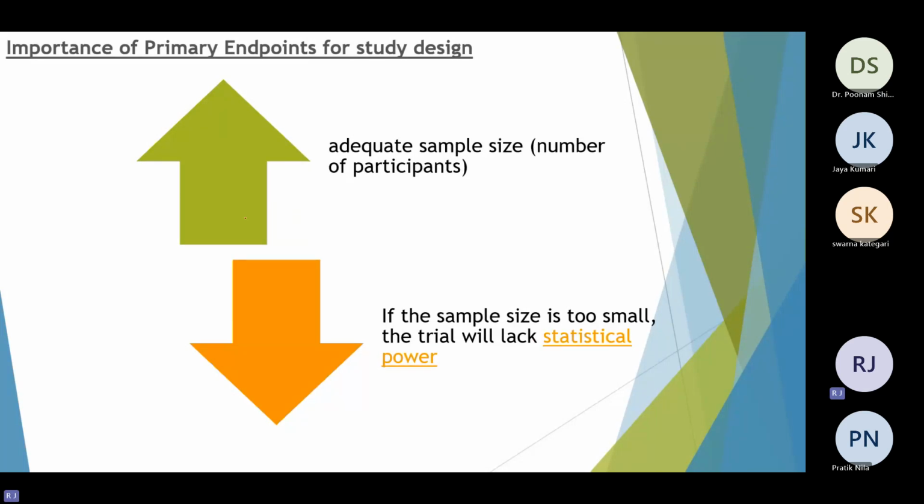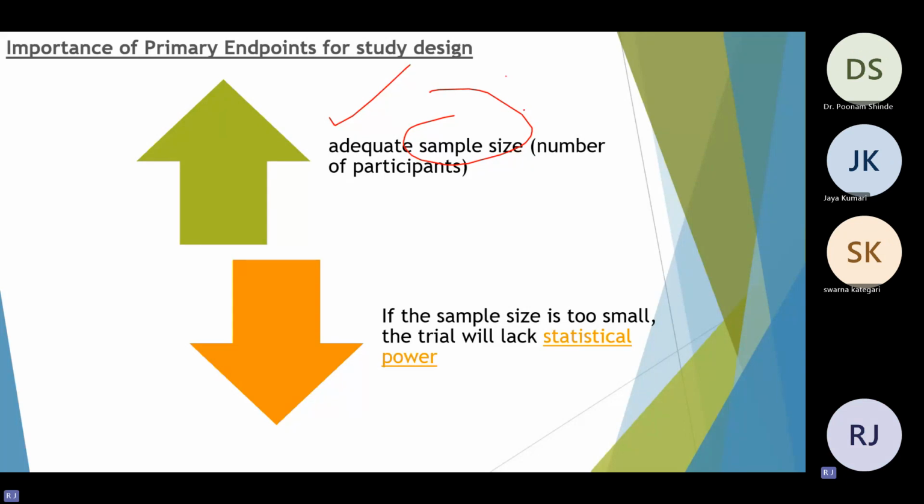Whenever they are designing a clinical trial, they have to take a good number of subjects in the trial. That number of subjects in a trial, we call it sample size. We learned that in phase 1 fewer than 100 people are required, in phase 2 20 to 80 people are required, and sorry, in phase 3, up to 3000 people are required. Okay,